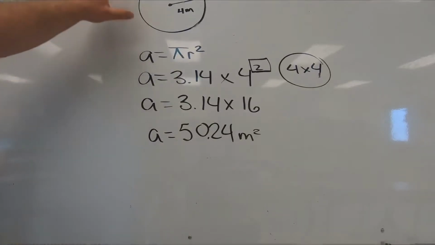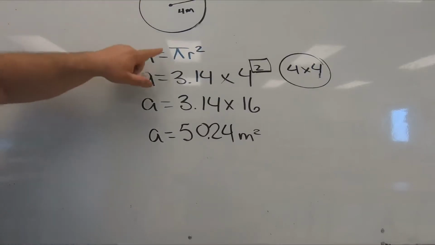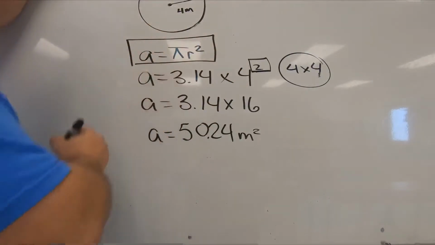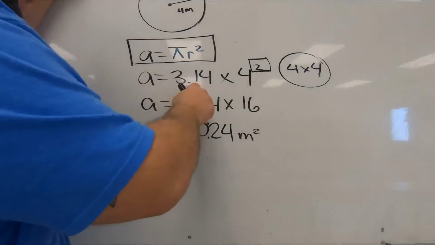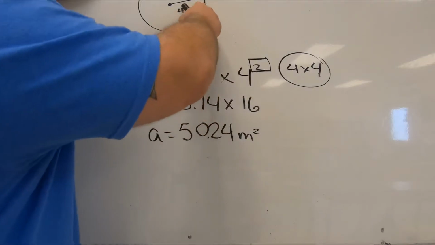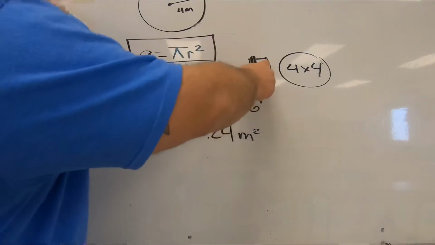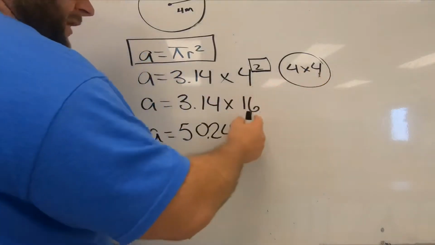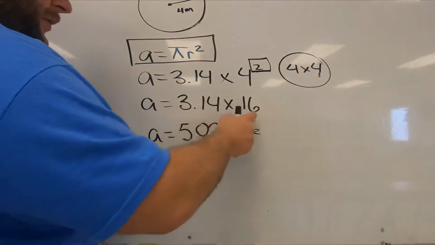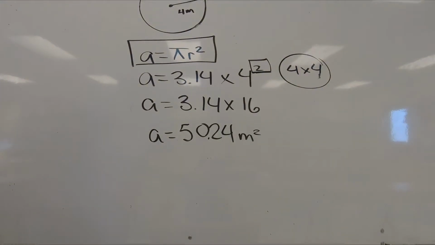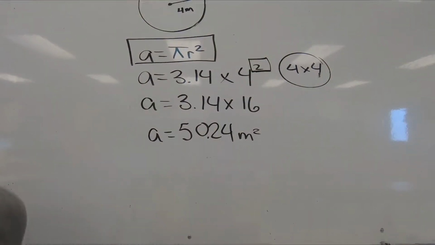So that's what you do. You take your circle, which we already have, you use the formula A equals pi radius squared. We fill it in, pi is 3.14 times the radius, which is 4, and we square the radius. Whenever we square something, it just means multiply it by itself. 4 times 4 gives us 16, and 3.14 times 16 gives us an area of 50.24 meters squared. Okay,